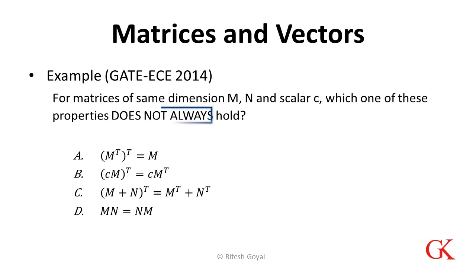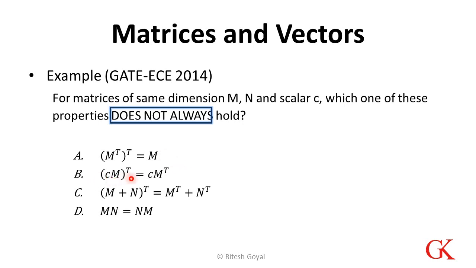Here, things to always remember: in GATE, questions are easy but tricky, and we always miss that. So here it's not asking which one is true, it's asking which one is not true, meaning which one does not always hold good. Let's start with the first one. If we transpose one matrix, rows become columns, columns become rows, and if we transpose it again, the columns become columns and rows become rows. Though it's a 2 times transpose, the matrix remains the same. So this property holds good. So this cannot be our answer.